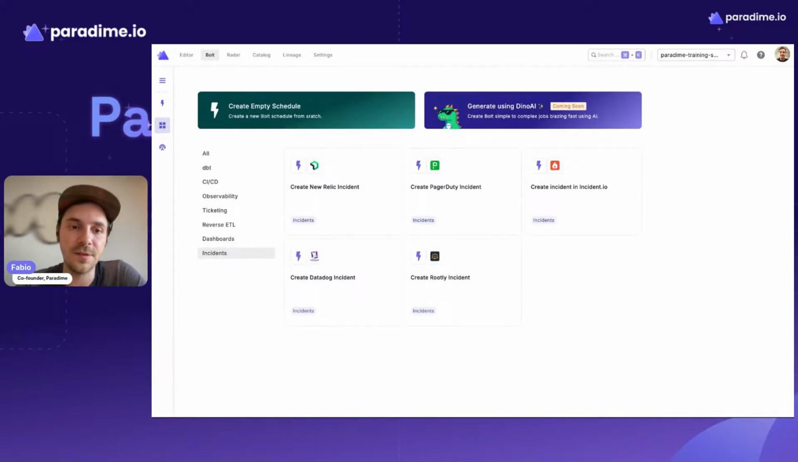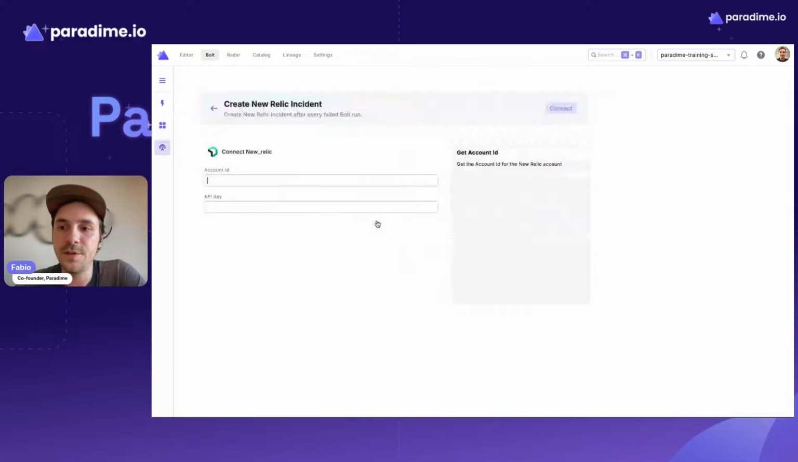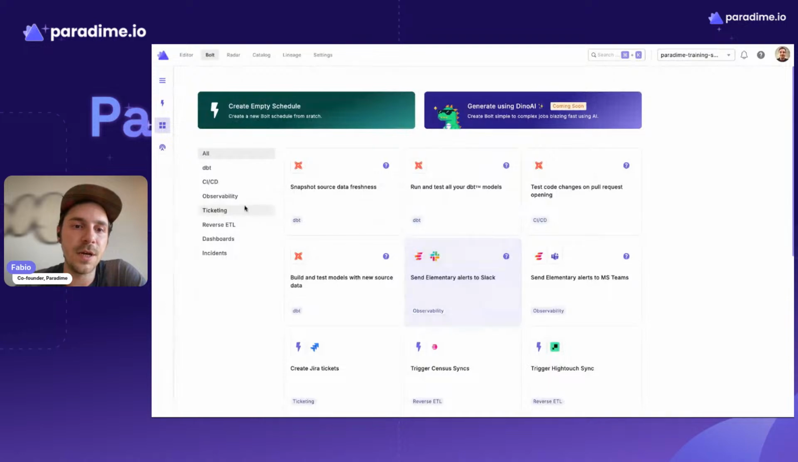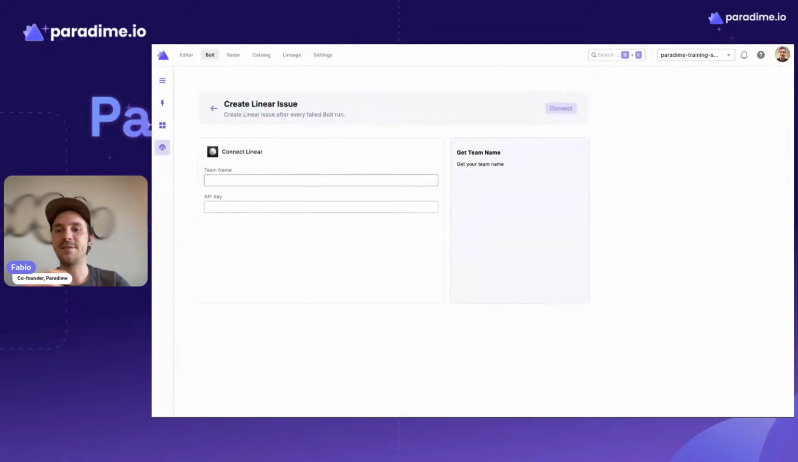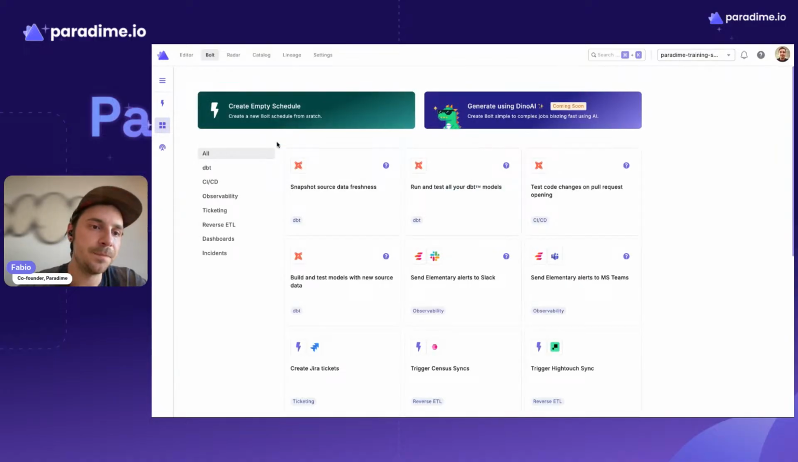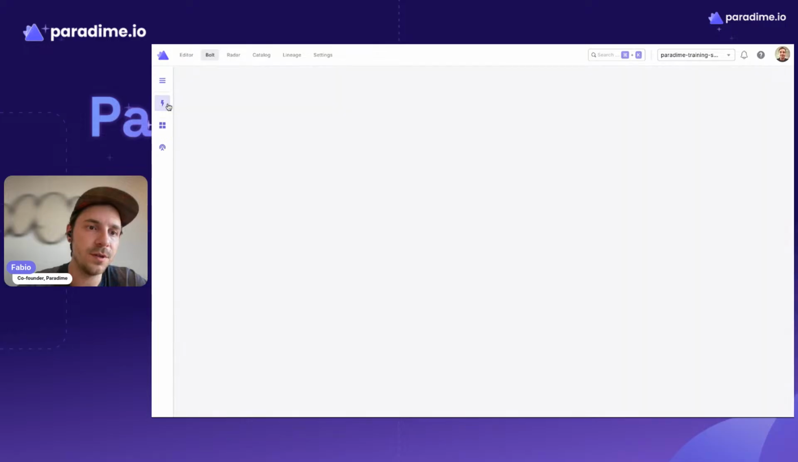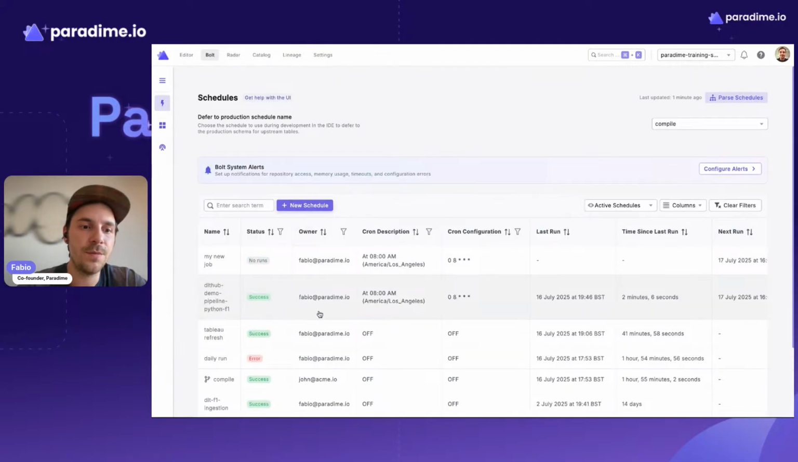It's as simple as selecting what kind of integration you want to set up, providing an account ID in this case, or an API key, or if we are using Linear, for example, providing a team name or an API key. That's all that is required for having Bolt fully integrate within your system. The other thing, I'll go back now to Bolt here, which is also super fun, is when we are creating